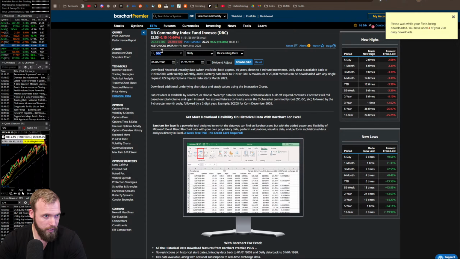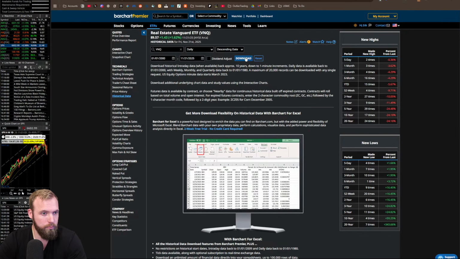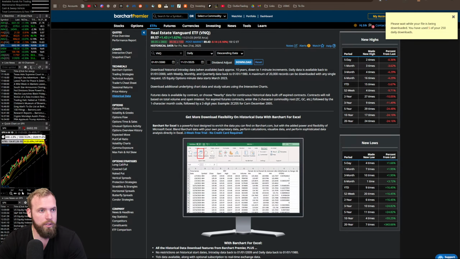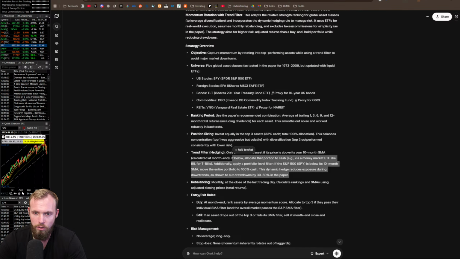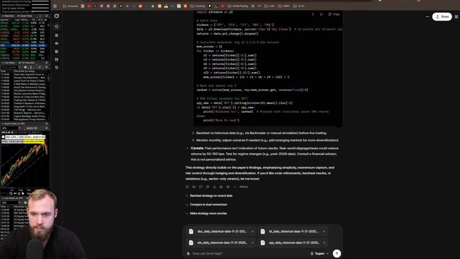Got it. And then VNQ. Got it. So now what I'm going to do is upload all of these into Grok. Again, I'm just using Grok because I've happened to be tinkering with it more lately. You can use whatever makes you happy. One of the things I note right out of the gate is that this data is not clean yet, but